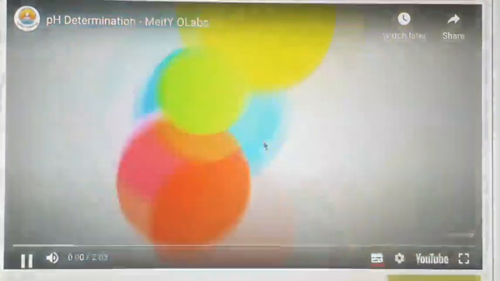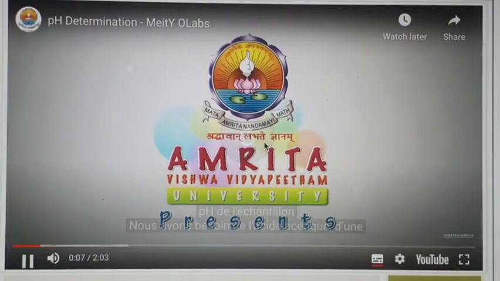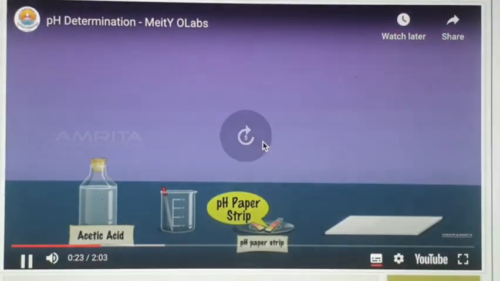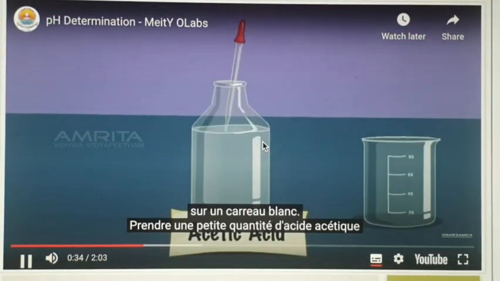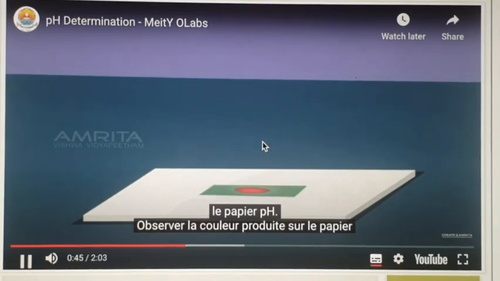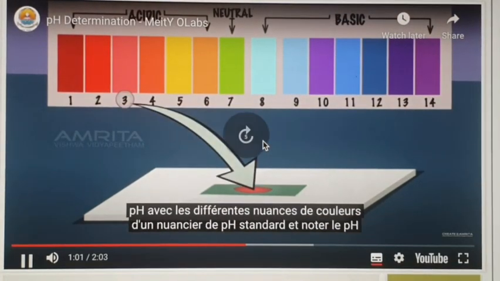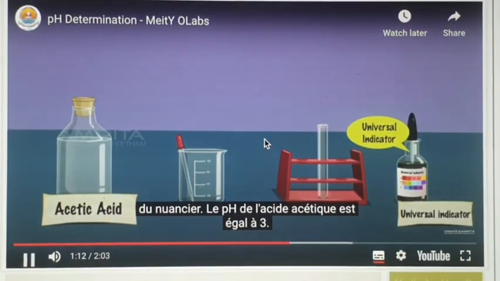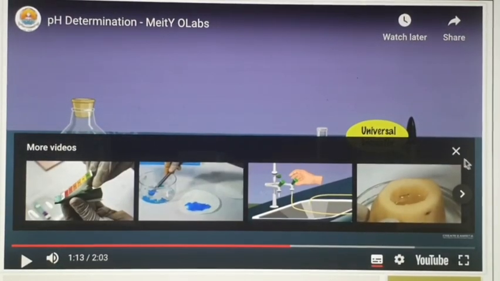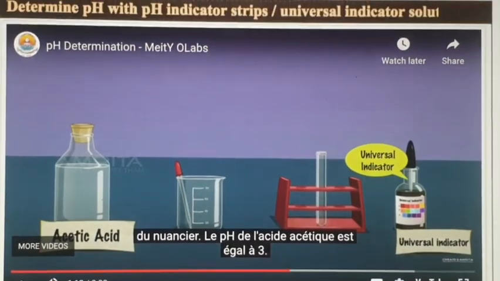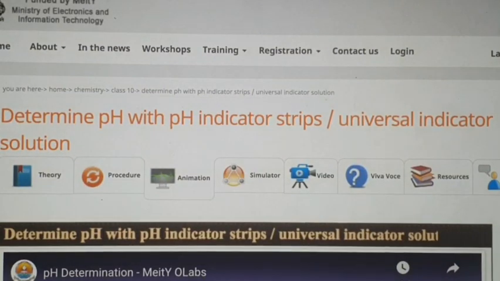Okay, this video will appear and you can start with your pH determination experiment. After showing this, you can move back to the top and show them the simulator.